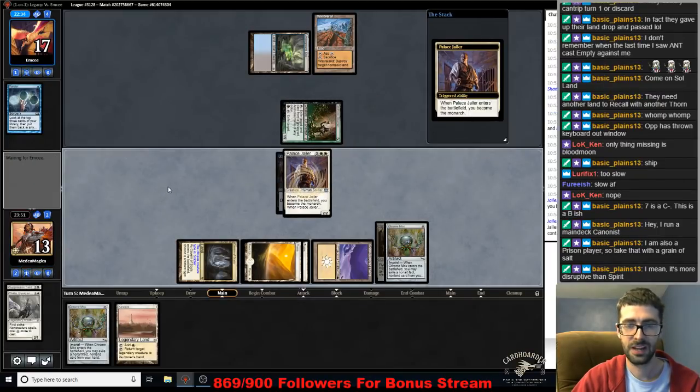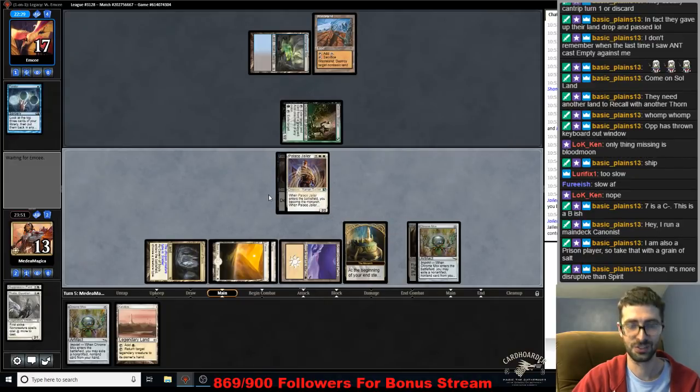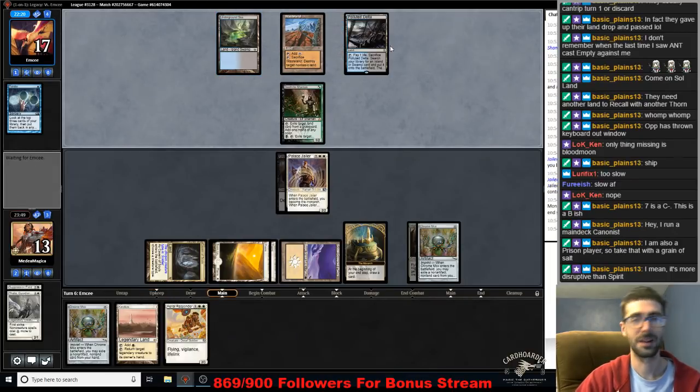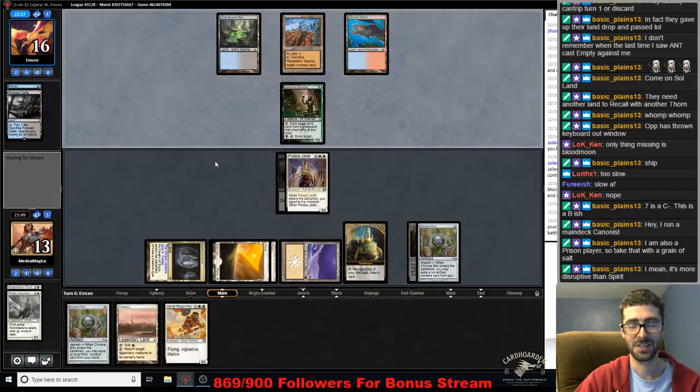Now, if my opponent has a removal spell for this Palace Jailer, I will just lose the crown and lose the game. But if they don't have a removal spell this turn, I probably just win. And it has to be something that gets rid of it on black mana, unless they Wasteland. Never mind. I was about to say, unless they Wasteland themselves, but...